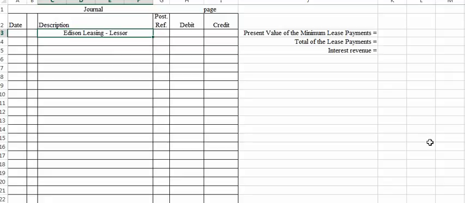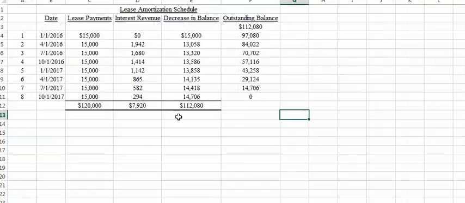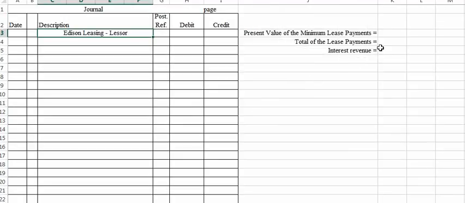You guys, they asked for the amortization schedule, but I figured, why reinvent the wheel? I mean, we have the amortization schedule, right? We worked it on exercise 15.3. The only real change I made is instead of interest expense for Edison Leasing, this will be interest revenue. So if we go back over here, we can fill this in as well. Present value of the minimum lease payments was